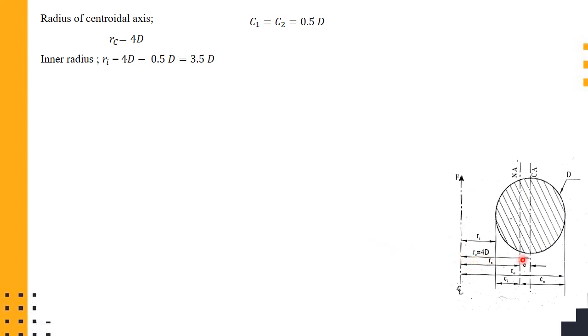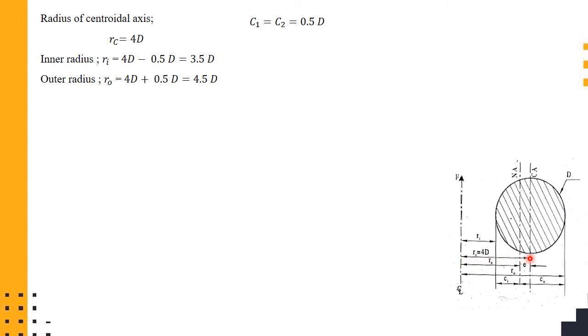Ri can be RC minus C1. C1 is nothing but from the centroidal axis to the inner surface, and C1 is nothing but 0.5 times D. So RC is nothing but 4D. RC minus C1, that is the equation. So RC is 4 times D minus C1, that is minus 0.5 times D. 4D minus 0.5D will give you 3.5 times D, and outer radius will be